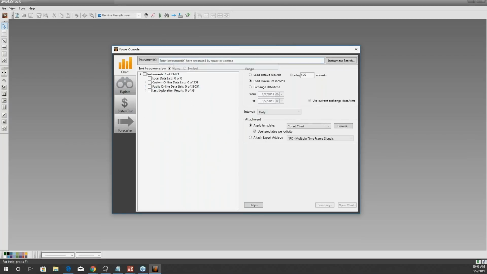It's easier to just search it, but we'll go ahead and open up a chart really quick, and we'll open up Apple, AAPL.O. And before I do open that, on the right side here, you can choose how you want the chart to open up.